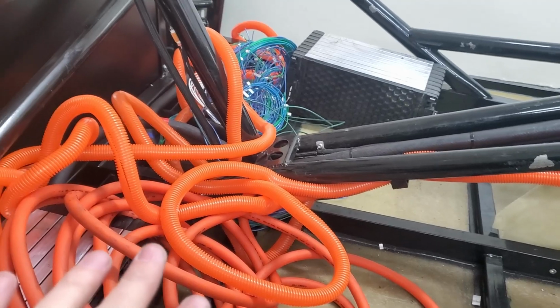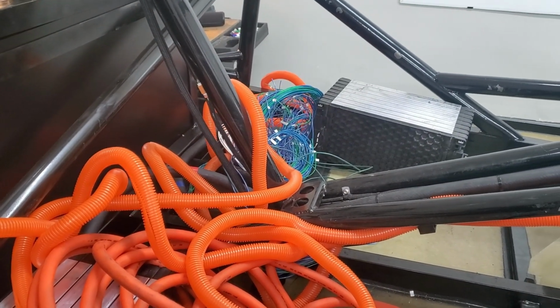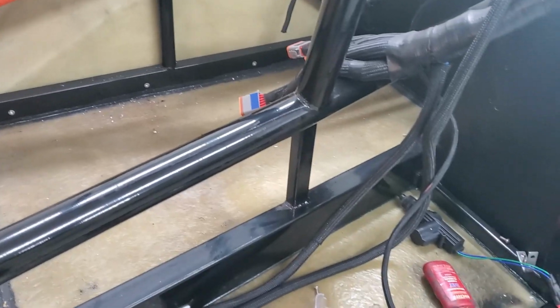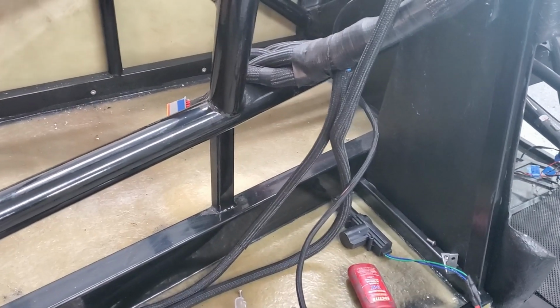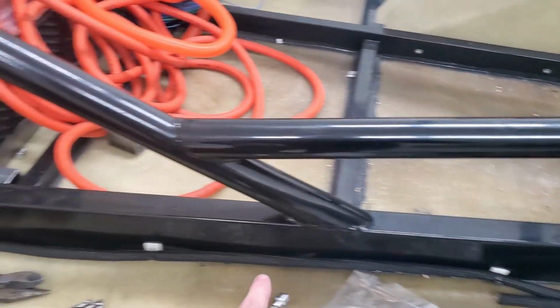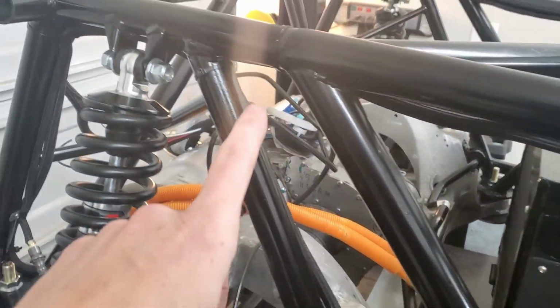Again, I need to figure out where I'm going to mount the high voltage electrical stuff, the BMS. But I was also able to get some of the wires for a lot of the rear things like brake lights, reverse lights, turn signals. So that bundle is coming here. I was able to tie that one out of the way, and it's coming up around here and then